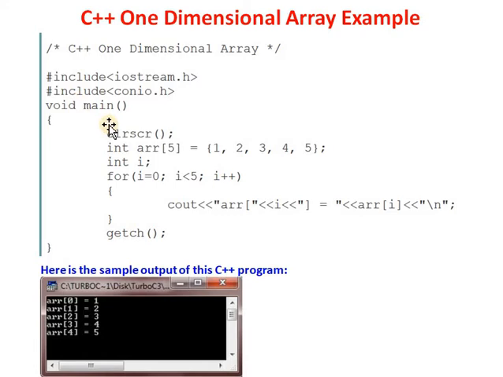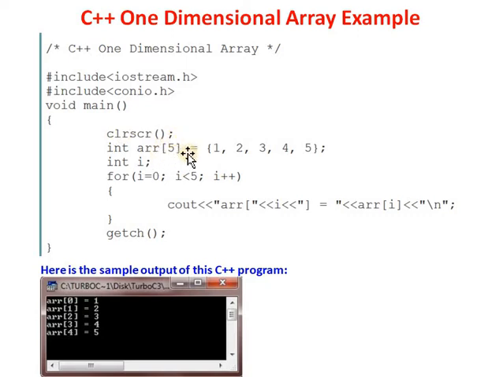After that, the clear screen function is used for clearing the screen. After that, a one dimensional array ARR is defined, which has the size 5. First we declare one array of name ARR having a size 5.